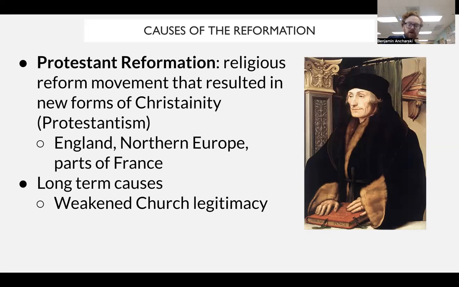For one thing, the Catholic Church's legitimacy has been weakened ever since the end of the Middle Ages. I mean, all this corruption isn't helping. They didn't really solve the Black Death. I mean, what could they do, ideally? But people looked up to the Catholic Church to do something during the Black Death. But guess what? They couldn't do anything. They were powerless to stop that. So we do see this weakened legitimacy of the Catholic Church going into the early modern period.